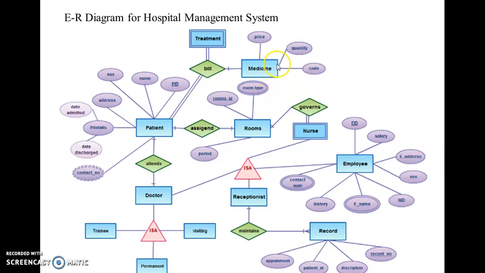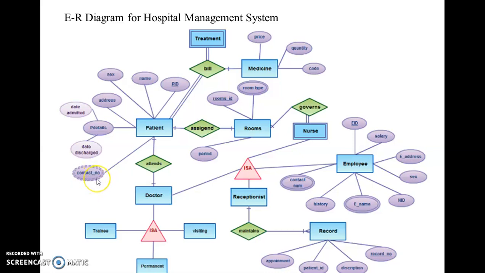Each and every entity now has these ovals which are termed as their attributes or their column names. Okay, or these are the properties. So for all those rectangles, you have their properties or attributes. For example, for a patient, you have patient details, address, then their sex, their name, PID, etc. You need to show multiple kinds of attributes.